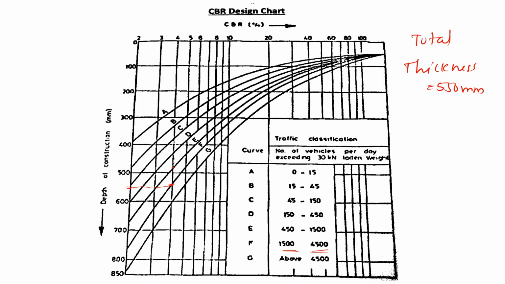It is almost equal to 550, that is, it is between 500 and 600, so we take it as 550. So we got our total thickness. Then next they have given various layers of that road, like 7% CBR compacted soil, poor graded gravel and well graded gravel, and they have mentioned the CBR percent also. So for each layer we can calculate the thickness.